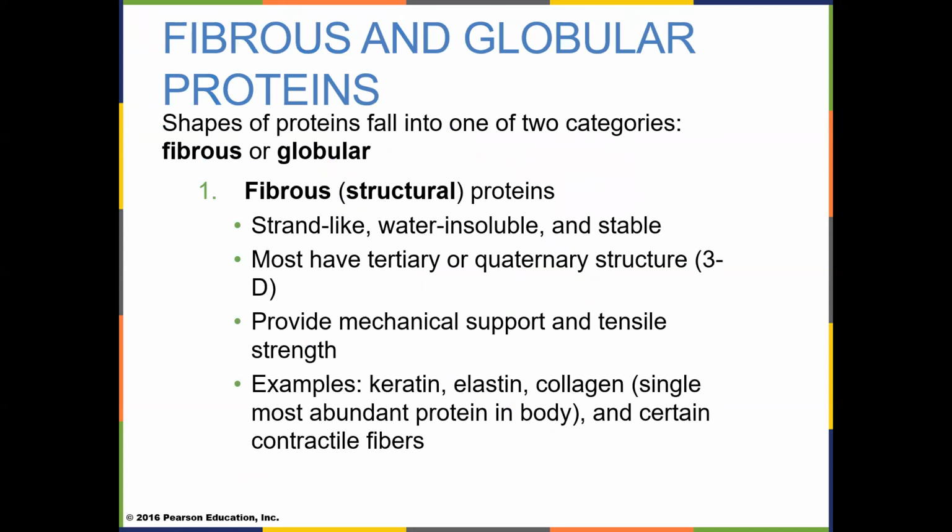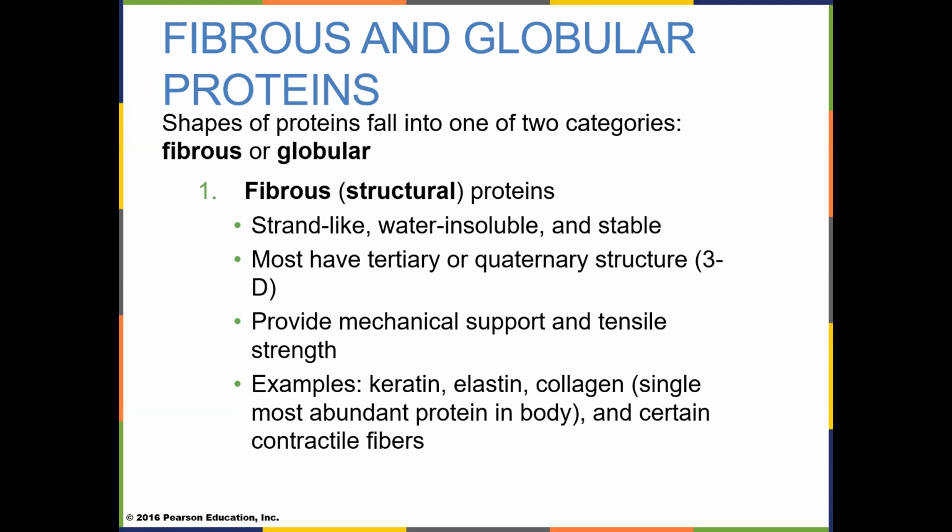Now, you're either a fibrous protein or a globular protein. If you're a fibrous protein, you are what we use to make up muscle and collagen fibers and ligaments and tendons. You're not soluble in water. You're very stable. You're either a tertiary or a quaternary protein. You have great strength. The keratin that waterproofs our skin, the elastic fibers in our ears and in our skin itself are fibrous proteins. Collagen connects muscles to bone.